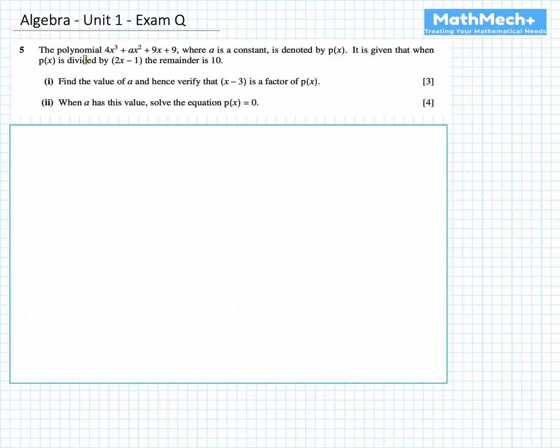So with this question for grade 12, we're looking at polynomials, and we just check our details here. Dividing by 2x minus 1, and we have a remainder of 10. Okay, and we have to find a. We're given a factor of x minus 3, which is nice. And then when we have a, we have to solve the equation for when p of x is equal to 0. So this whole unit is based along the idea of the factor theorem, remainder theorem, and using synthetic division